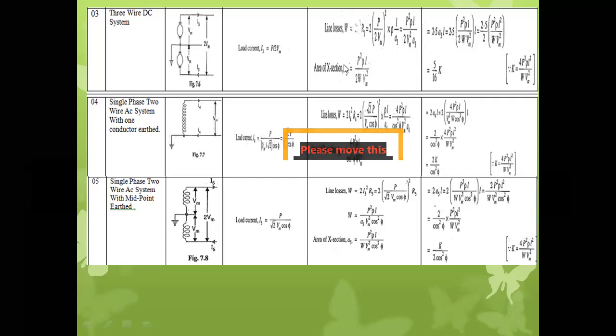How much have you got? 206.8? How much? 276.81. Okay. So do the comparison with the first case. Tell me what idea you get. Yes. Definitely in the fourth case, the volume of conductor required is more than that of the first case. So the cost of conductor required in the fourth case will be higher. Yes or no? In the same way we have to compare with the first case for all the forthcoming cases